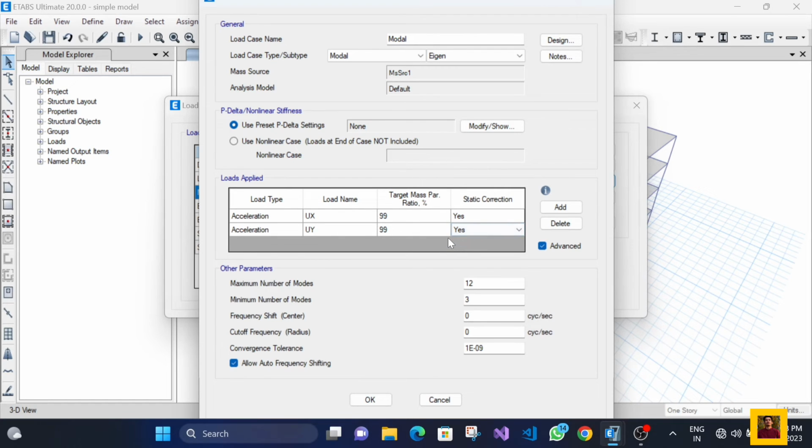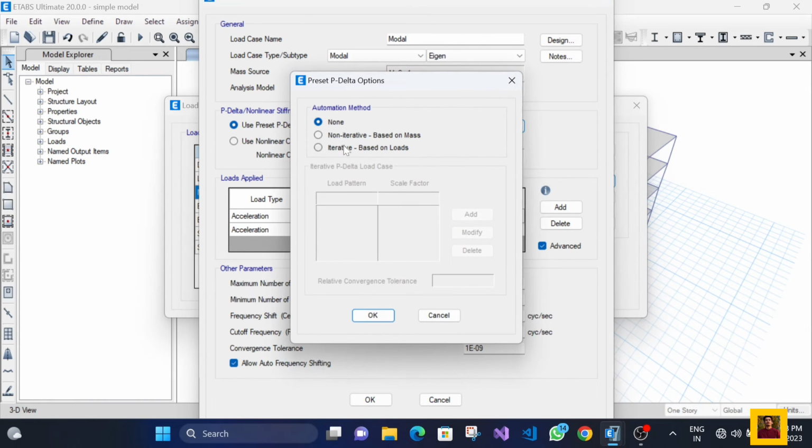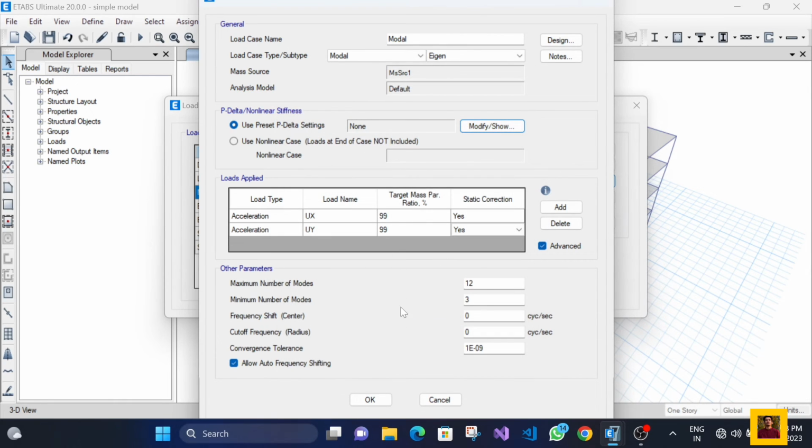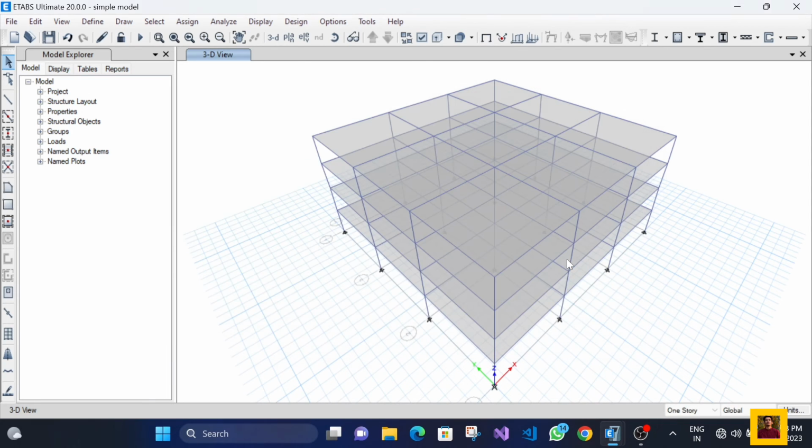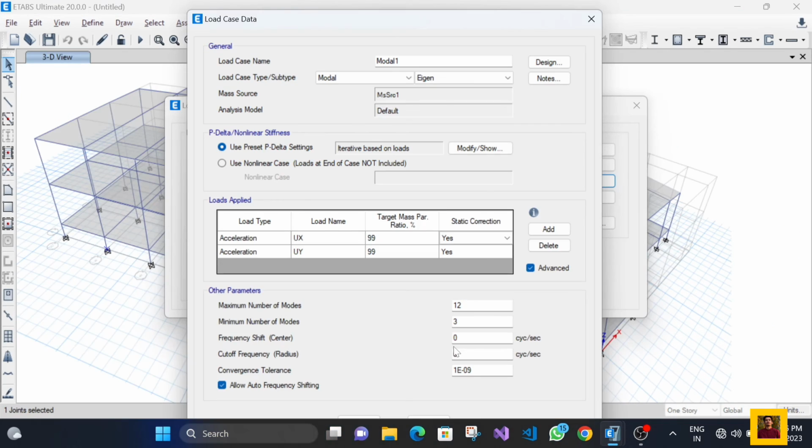And about P delta setting, for relatively high-rise buildings, some authorities require conducting P delta analysis on the structure, but P delta I will cover in the next videos. So this is about the modal case subtype. This is about the defining, and the final analysis part I will be covering in part 3,